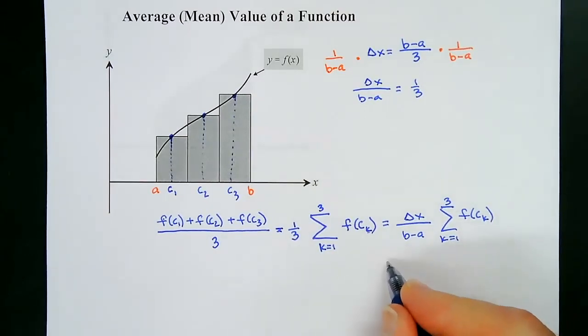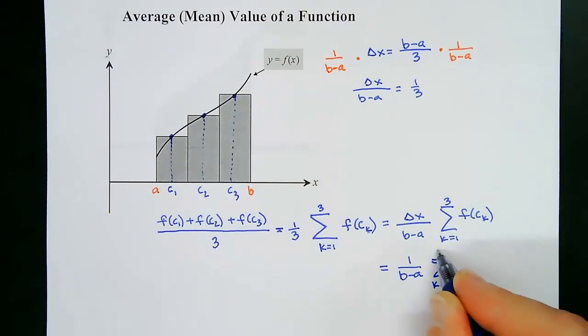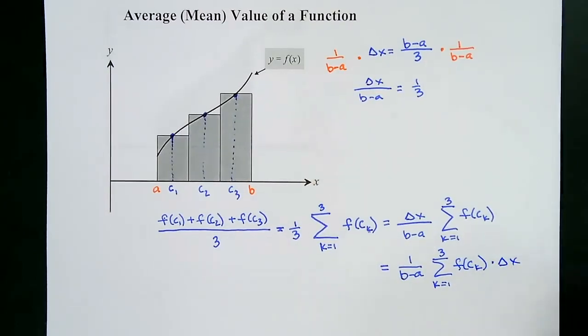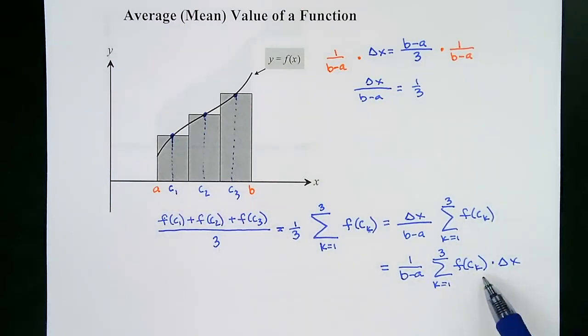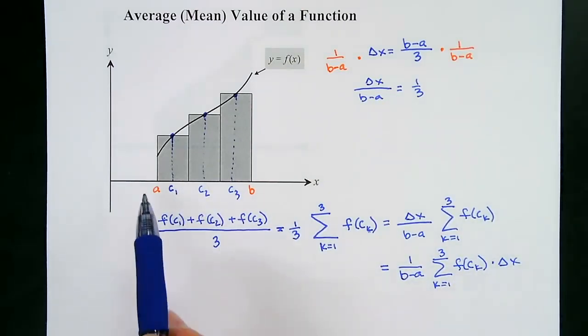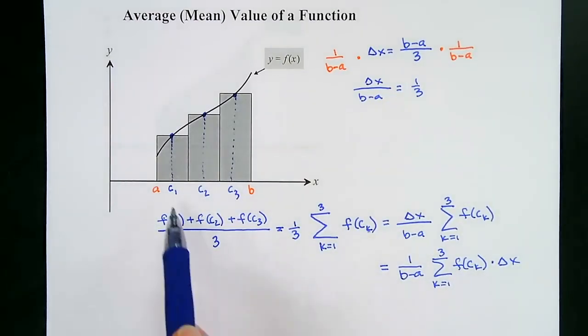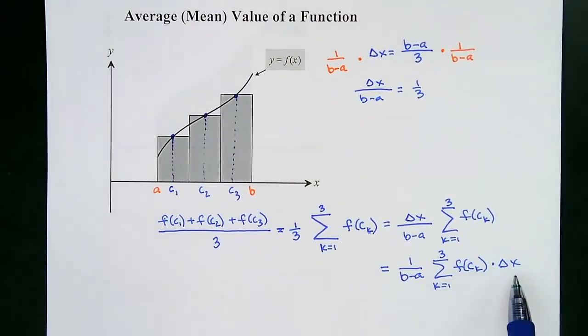So really, this could become 1 over b minus a, the sum from k equals 1 to 3 of f of c sub k times delta x. Now, this right here was the sum of these function values. This is different. This is the sum of each of these rectangles. And so right here, this is the height of the rectangles, right? When I start putting the 1 in 2, this is the height of the rectangle, and this is the width